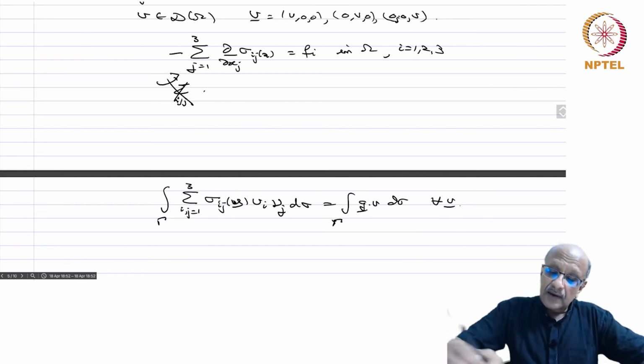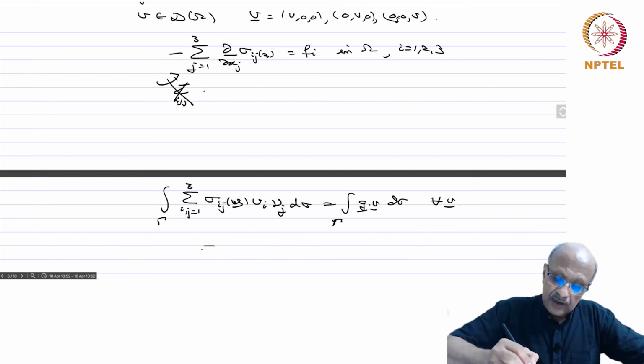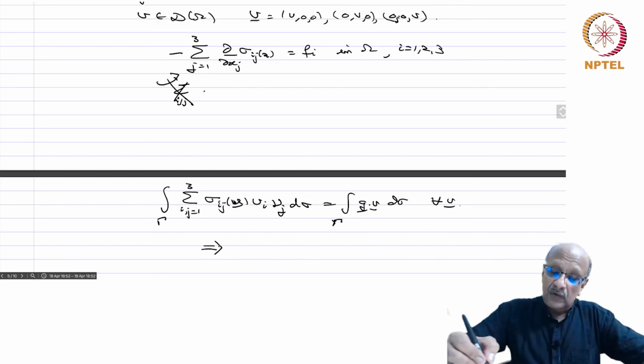And from this we deduce again, using v equals (v, 0, 0), (0, v, 0), (0, 0, v) in H1 of Omega,